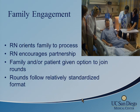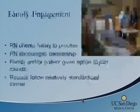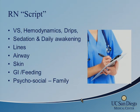Okay, and the family and the patient is given the option to join rounds. And they follow a relatively standardized format. And the goal here with patient and family centered rounds is to have a standardized format to get away from the chaoticness that can happen with traditional rounds. So this, and I'll talk about how this was incorporated into the unit in just a moment, but as